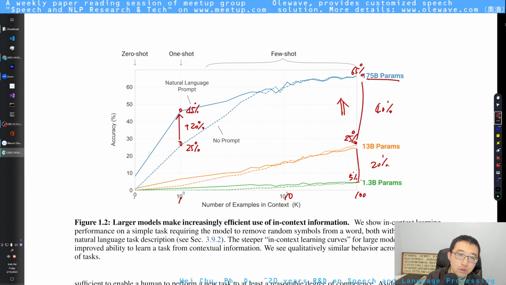It also shows that for the few-shot cases, there's not much difference. And for the zero-shot case, it goes from nothing to almost 8%, which is also impressive to me. If this is 0% accuracy, that means the model is doing random guessing or not doing anything. But when you feed the model with a prompt, the zero-shot inference is doing something.